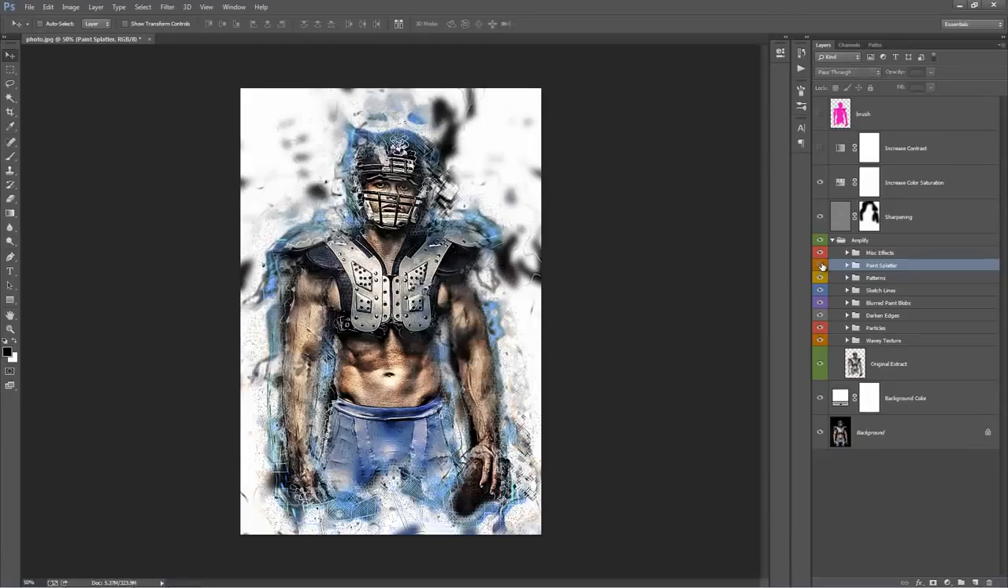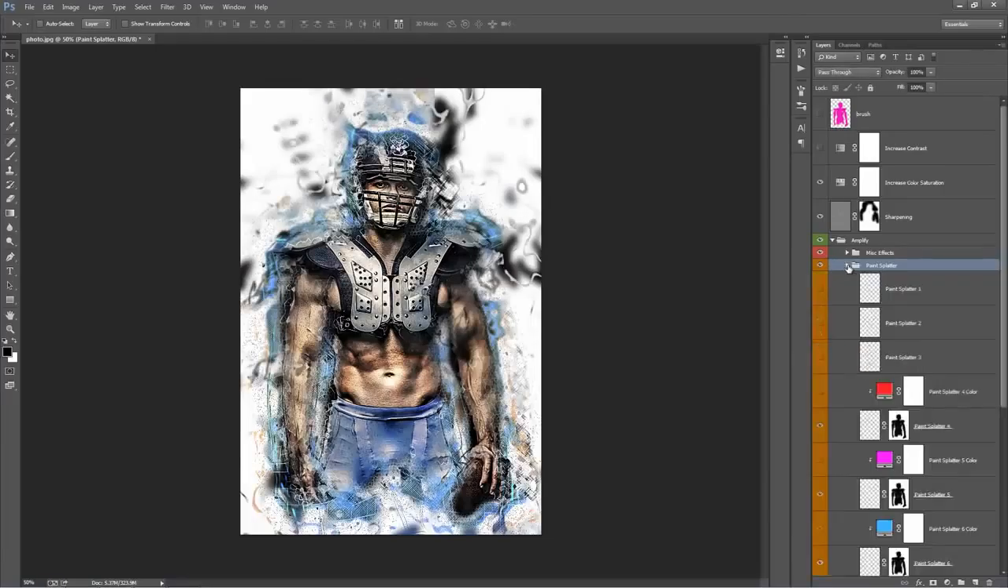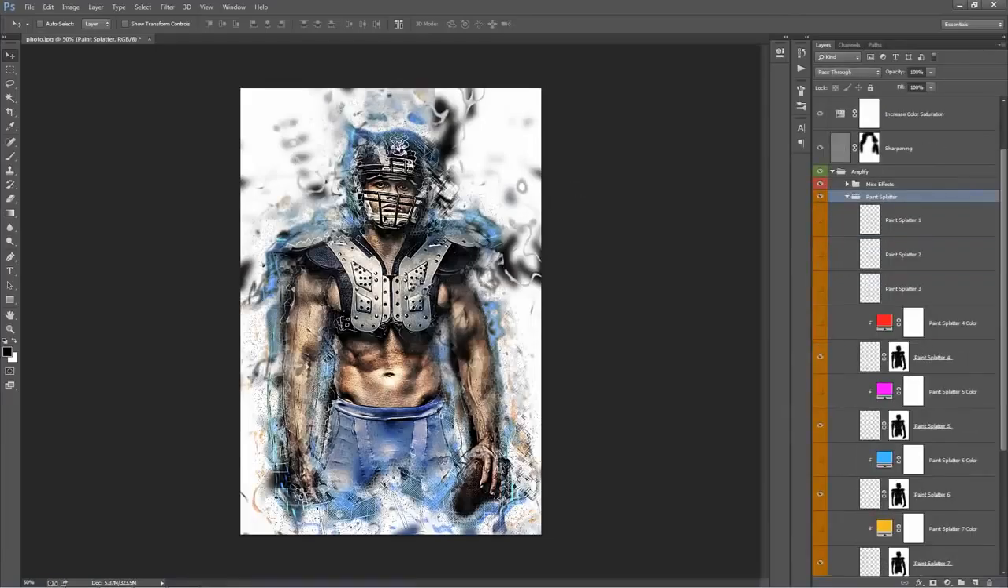So folder below, paint splatter, turn the visibility on and off. You can see what that's doing. Now by default there's 3 layers that I turn off, paint splatter 1, 2 and 3. If I turn those 3 on, you'll see it just adds little bits of paint splatter over your photo. I prefer you turn them on one by one, sort of place them where you want. So if I move this out the way, you can see what they are. If you just move them around over your photo,